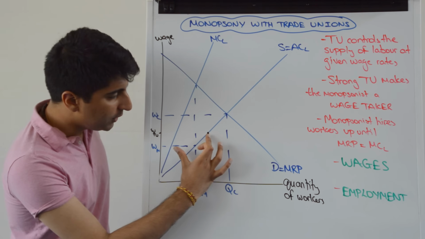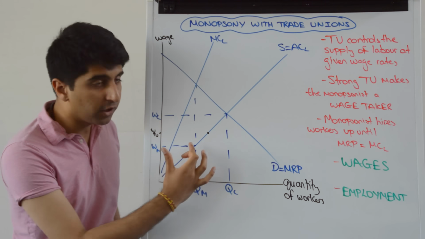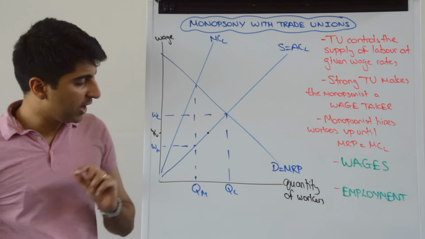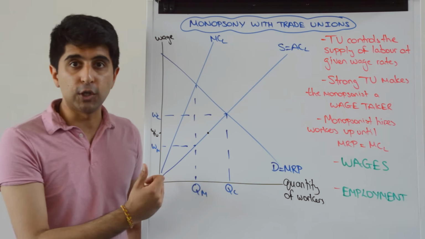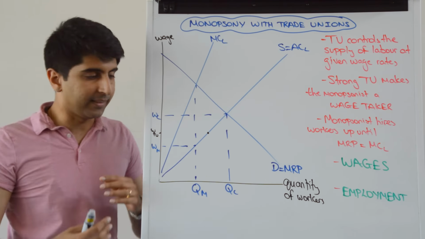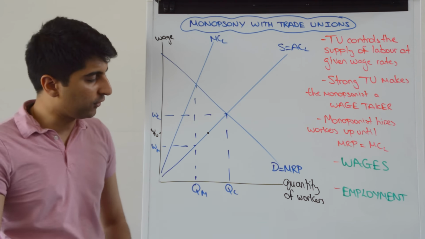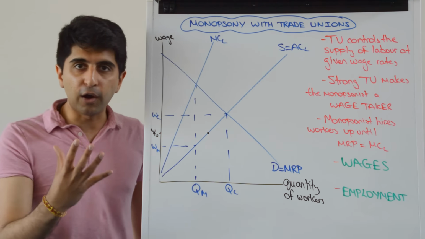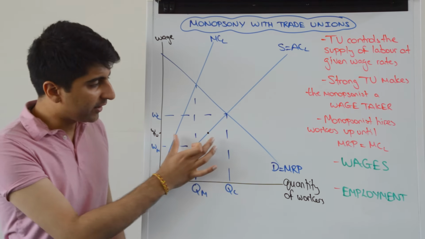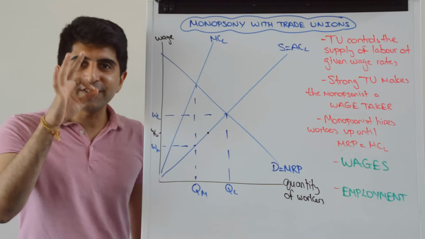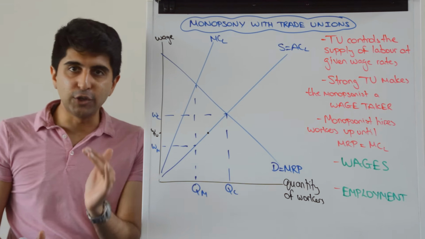Let's remind ourselves why. Well, at that wage rate, you can see that all of the workers on the supply curve beneath the black dot are very, very happy with this wage rate. They would have been willing to work at a wage rate less than WTU. So now, with the trade union representing them, bargaining for a wage of WTU, they're extremely happy to work at that wage rate. So the trade union is controlling the supply of these workers. So now, for a monopsonist to employ workers up until this point, they have to take the trade union wage, assuming that the trade union is strong, of course, and has a high union density.